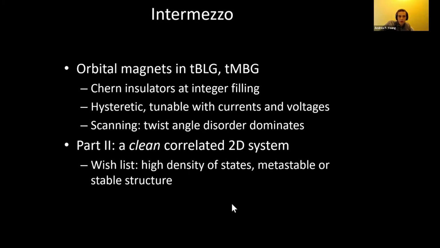So I'm going to talk about a different system now, and a different way to try to affect this physics. I've shown you some of the positive and negative aspects of these moire systems. In particular, you certainly get strong interactions. You can get topological states, which is something that we like to see. You can play around with them. They seem to be nice, clean realizations in some ways, but they have this pernicious issue of